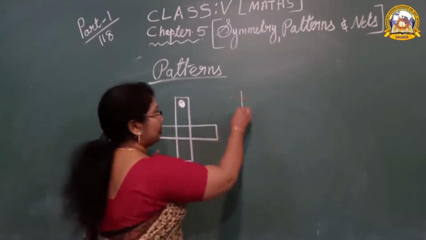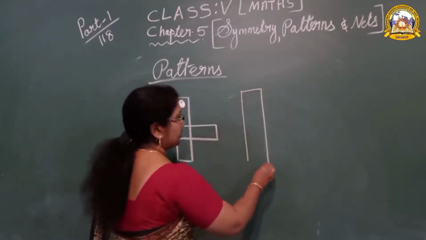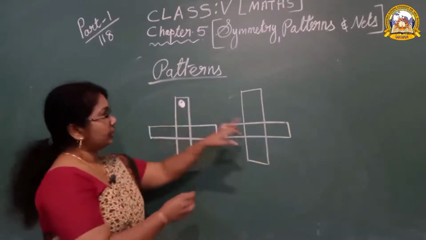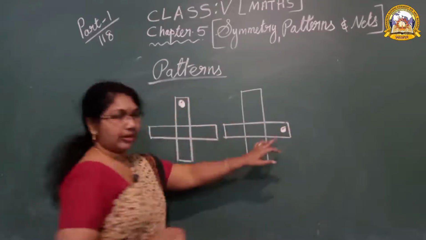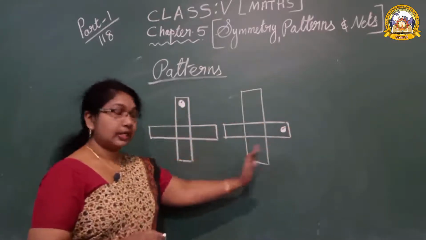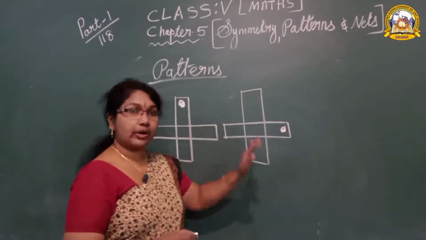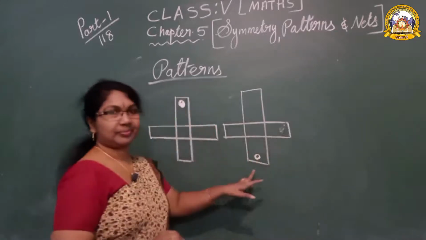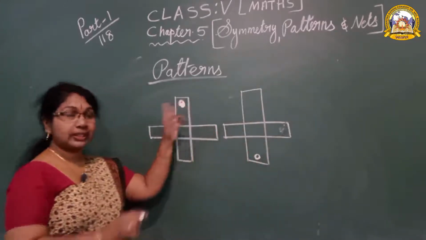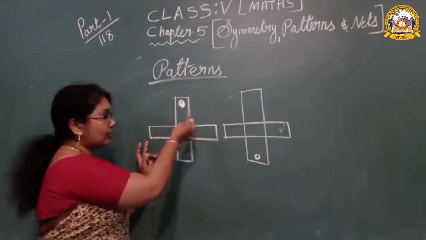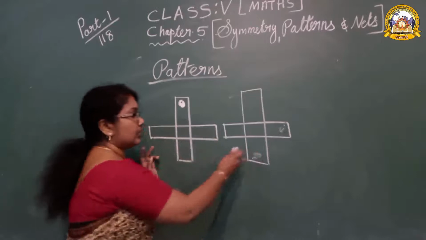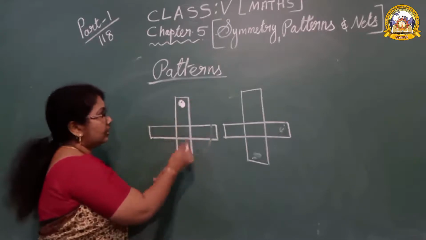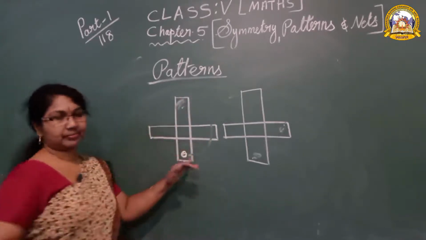So how to draw? You have to draw the same figure like that, and it will have to rotate from this one. It will come here. This is the 1/4 rotation. If you rotate this figure again by 1/4, this dot again rotates and will come here. Rotating first 1/4 from here to here, again 1/4 from here to here. Otherwise, if the question says rotate it half turn, half means from here to here, this dot will come here.